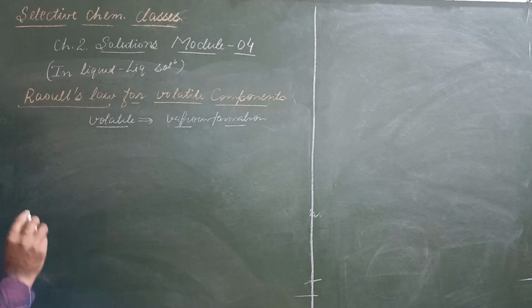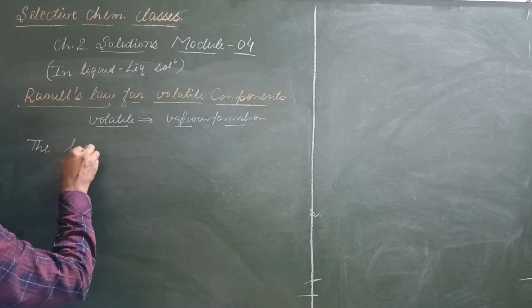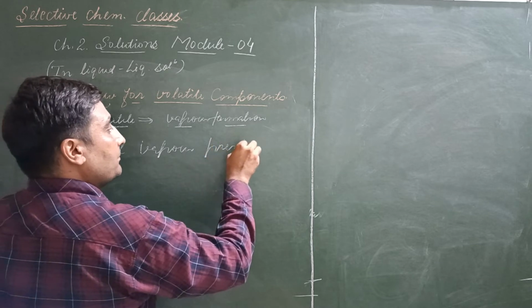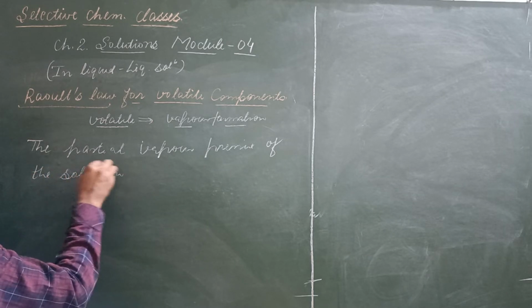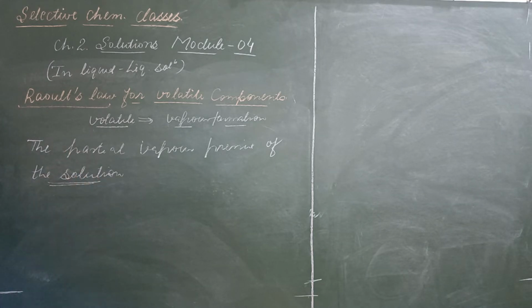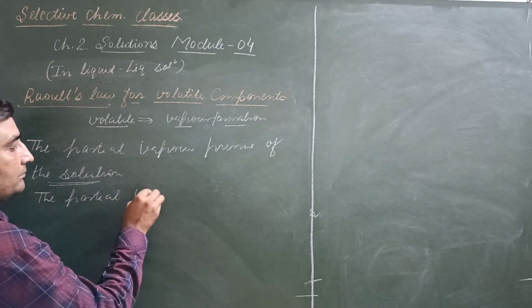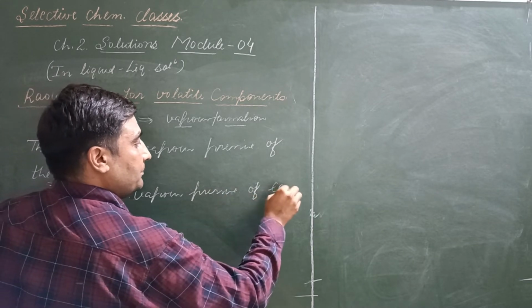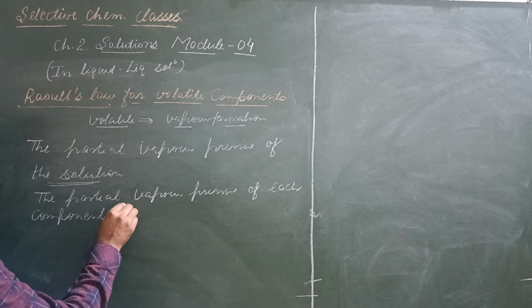In case of Raoult's law for volatile components, we see that the partial vapor pressure of the solution, we are talking about the solution, and in case of solution we are having two components, the partial vapor pressure of each component is equal to